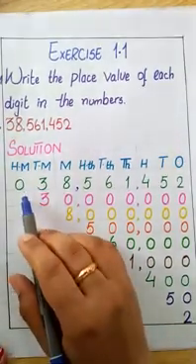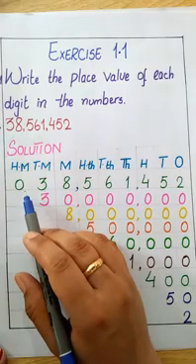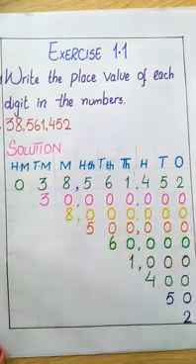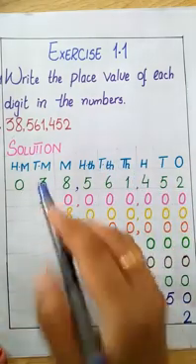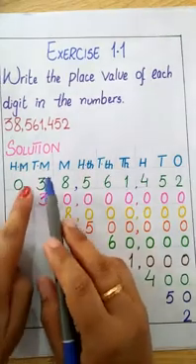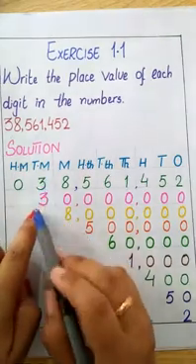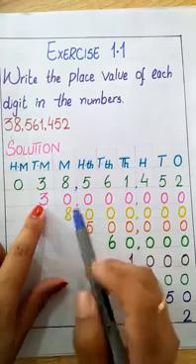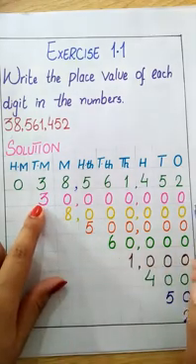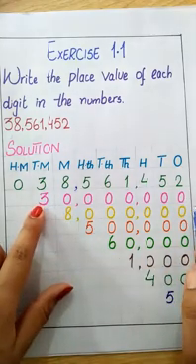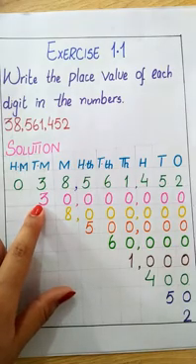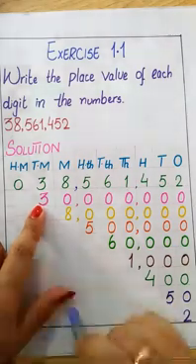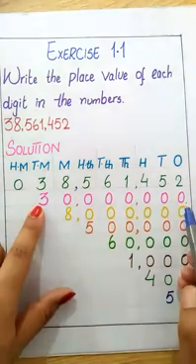In the 100 millions we have 0, so ignore it. No need to write again 0 in the next step. Start from 10 millions. We have 3 in the first one. So in the 10 millions, we write down the 3. And in the remaining houses, write down the zeros instead of the other numbers. This is the 3 and write down the zeros.